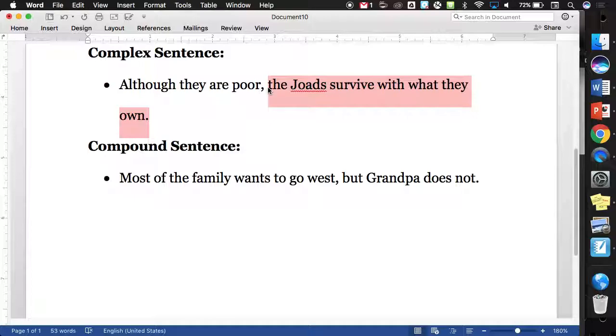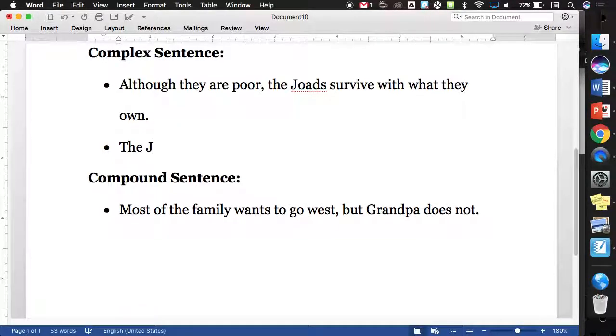I could have this and it would be a complete sentence. If I were to have, although they are poor, and the subordinate conjunction is considered part of the clause, although they are poor, something needs to happen. What would happen if I switched it? The Jodes survive